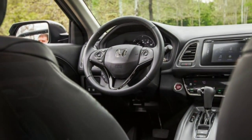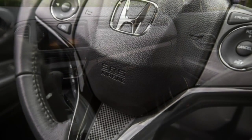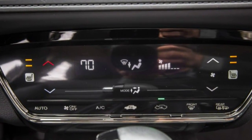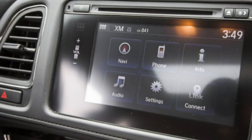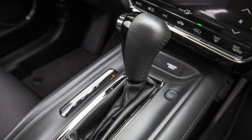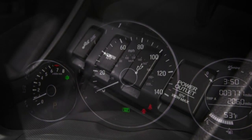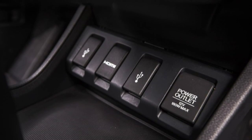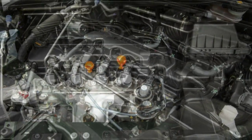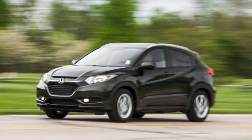The HR-V's gooey innards shine, and that's mostly because they're neither shiny nor gooey. Muted, soft-touch materials are everywhere, and on our top-spec $25,470 EXL test car, leather-lined seats and stitched vinyl covered nearly the entirety of each door panel, the dashboard, and the center armrest. Lower trim levels get cloth-up doors that are just fine, and if you can do without leather seats, navigation, and automatic climate control, the front-drive HR-V starts at